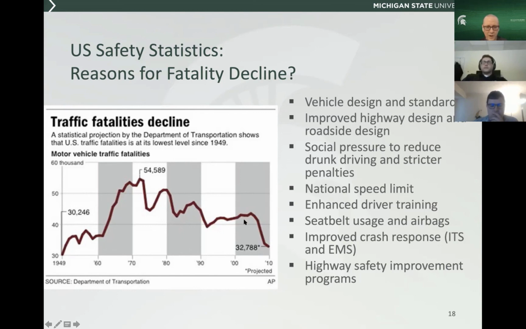So there's a lot of optimism in looking at this, but we've basically seen a straight plateau over the last 10 years. And as you saw in the preceding slides, we're up closer to 40,000 fatalities again now at this point. There are also a few areas where we've seen larger numbers: pedestrians and bicyclists, motorcyclists, so some of these more vulnerable users, particularly over the last 10 to 15 years, have seen some dramatic increases.